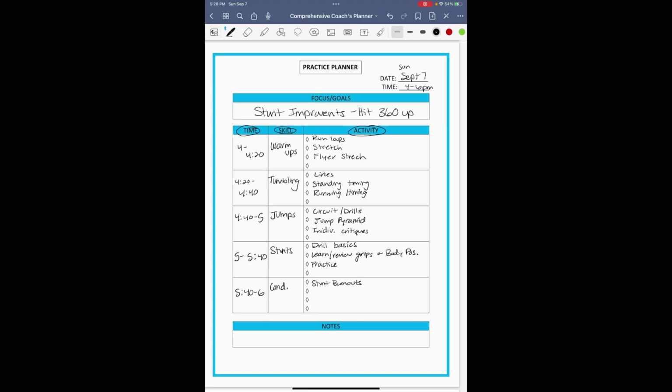The last little thing that I want to point out at the bottom of this planner is space for notes during practice. So this is something that you probably will be leaving empty going into practice, but something that you will want to review when you make your next practice plan. So some things that might end up in this note section: